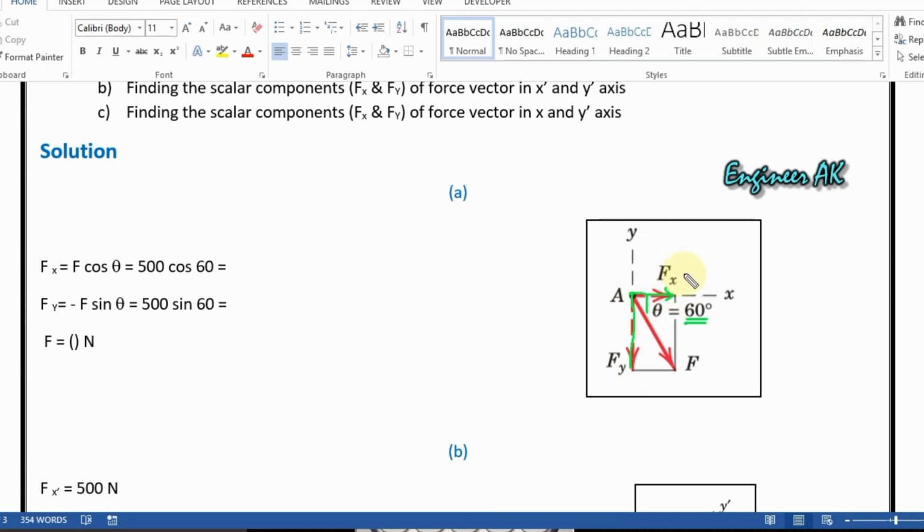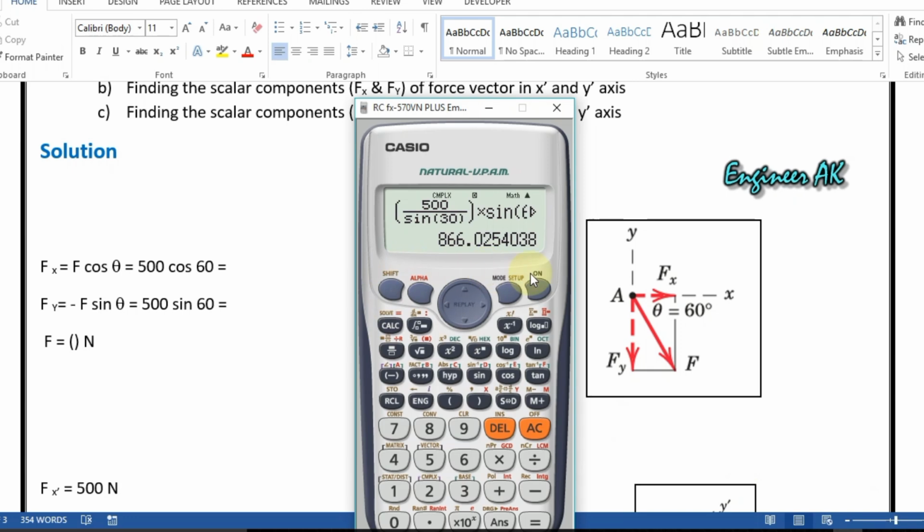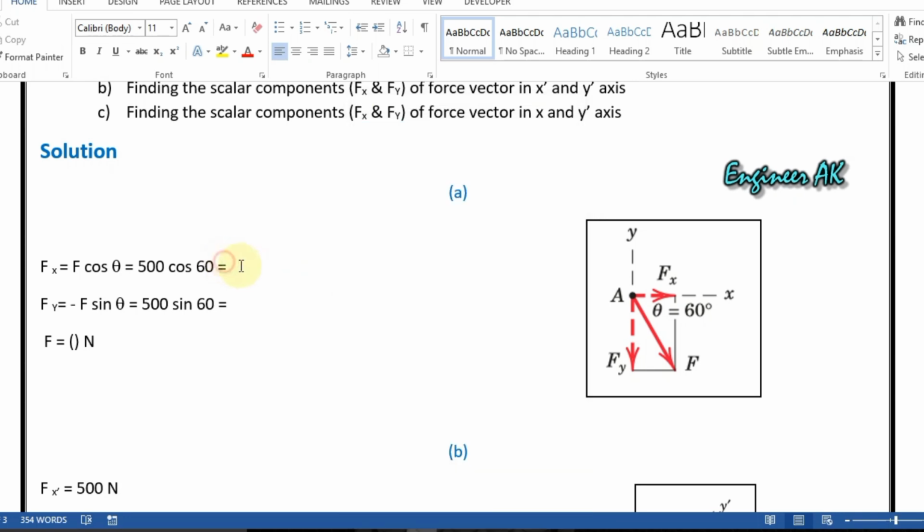So F of x will be equal to F cos theta, and this will be F sine theta, but the force is acting downward along the positive y-axis, so it will be minus F sine theta, and the angle here is 60 degrees. Now we just have to plug in the values. So 500 cos 60 is